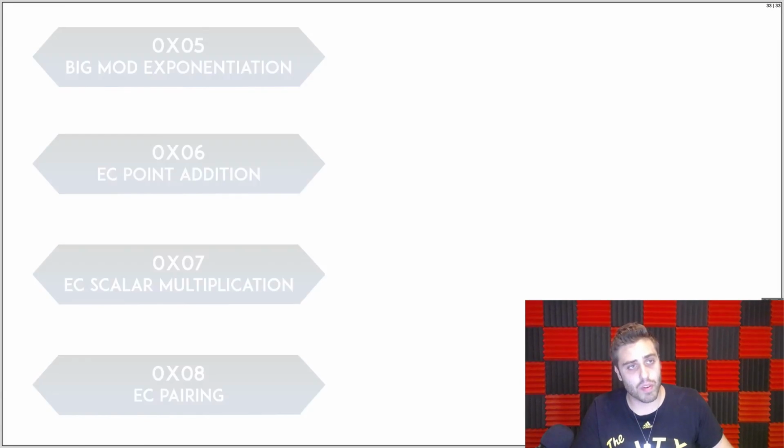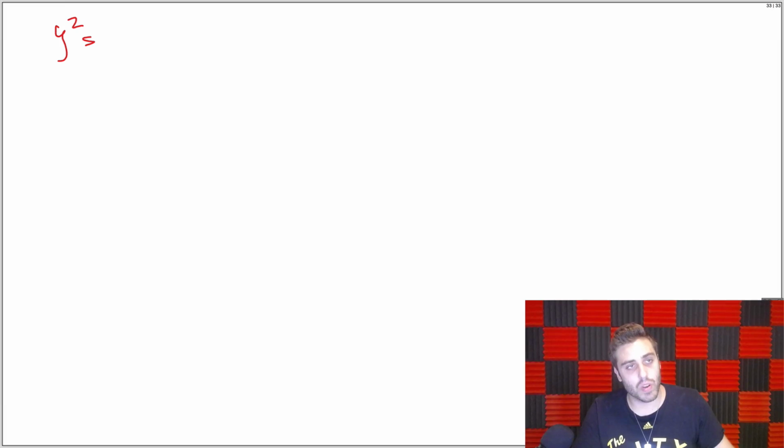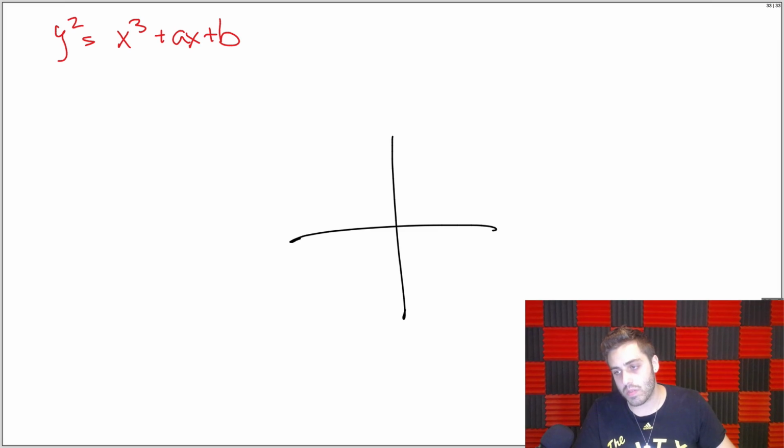So just a quick primer, an elliptic curve is something that satisfies the equation y squared equals x cubed plus ax plus b. And if we drew out what one of these things looks like, it looks something like this. So here's an x and a y axis, and this will just be a simple example of an elliptic curve. It'll look something like this. And there's a couple interesting properties that curves like this have. And the first property is that if you take 2 points on this curve, so I'm going to just draw 2 points here. I'm going to call this one P, and then I'm going to draw a point here, and I'm going to call this Q.